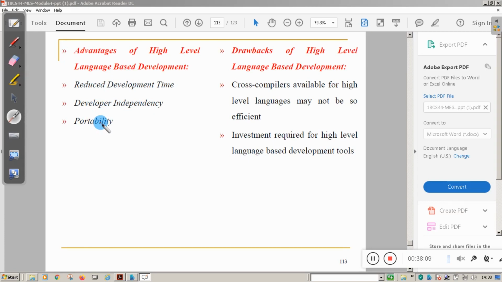For example, the Keil software which we use is an integrated development environment. It works on our laptop or desktop, where we write the program for the ARM7 LPC2148 controller.